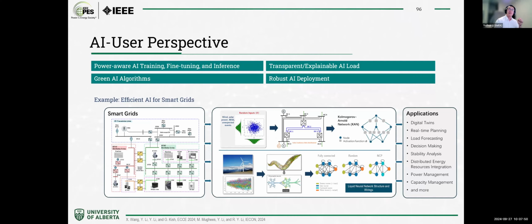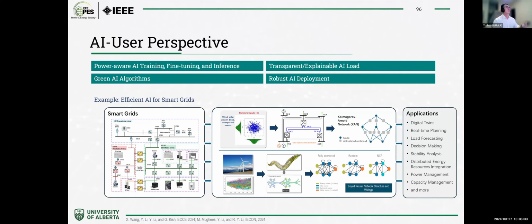Transparent and explainable AI is also very important, because to the outsiders, like the grid operator or the data center operator, they want to know what's going on with the data center. The AI load, even though it is designed by the algorithm, you can also consider this as the power load, obviously, right? So you want to know really what's inside the AI load, and in each different stage, what calculation, the number of each step, and what this calculation conveys to power consumption in each step.